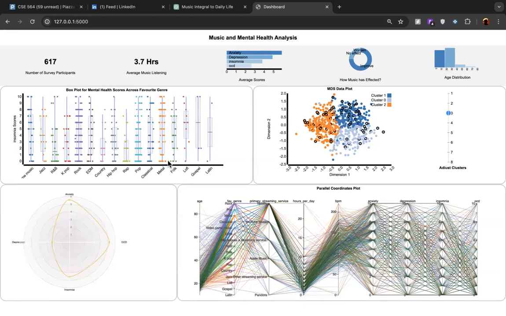Now if I want to compare it, for example, with lofi, you can see that lofi has a higher mental health score, meaning a worse mental health score, when compared to metal listeners. This kind of indicates that people with worse mental health conditions tend to listen to more calming and soothing music. That is what you can literally make out from this data. And then, for example, if I choose one more attribute, let's say rock.